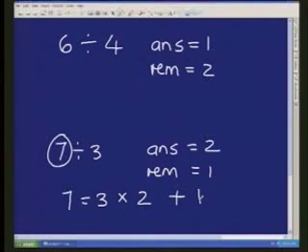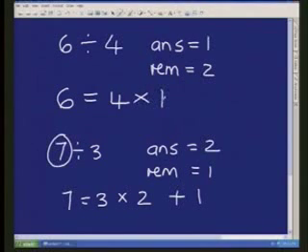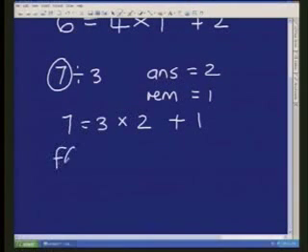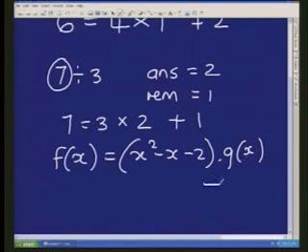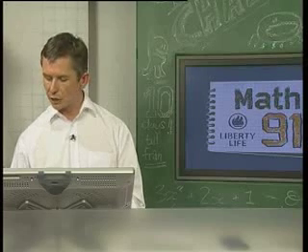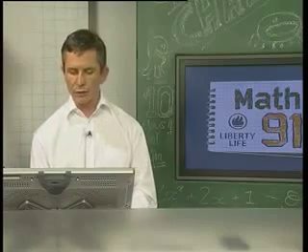And if I work through with the same pattern, I'm going to say 6 is what I divided by, times the answer I got, plus the remainder. And that's all we did. We took now the f of x, and we said that is what we're dividing by, times the quotient, which is the fancy word for the answer we get, add on the remainder. So that's the first thing we had to see when we got the question. We had to realize that we could set up